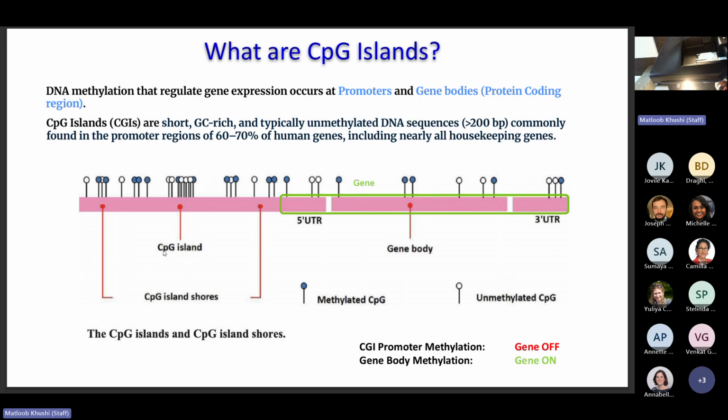Because they have these C bases, they can be modified using methyl groups. There are enzymes that can come and put these methyl groups on the promoter and turn the gene off. Then there are other enzymes that come later on and take this off, which basically makes the gene more ready to be turned on later on when other signals come in. The gene body itself can be methylated, and that basically increases the ability for the gene to be turned on. So it basically activates gene expression. Have I lost everyone so far?